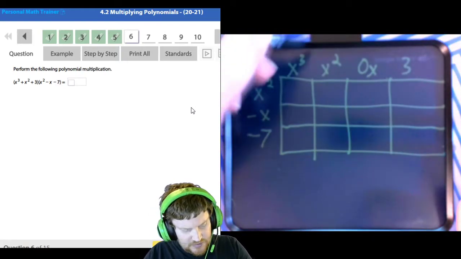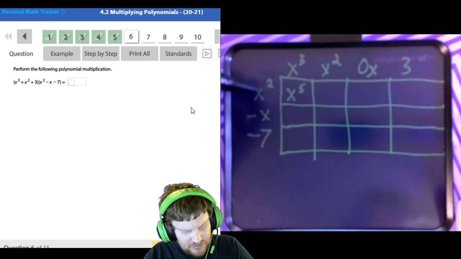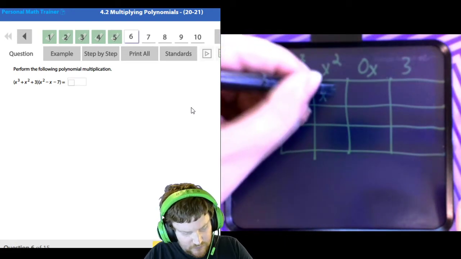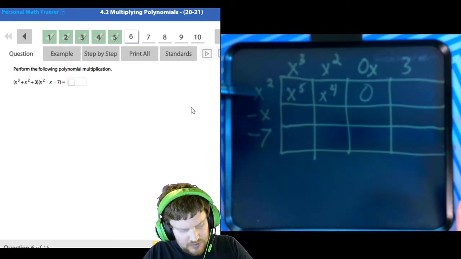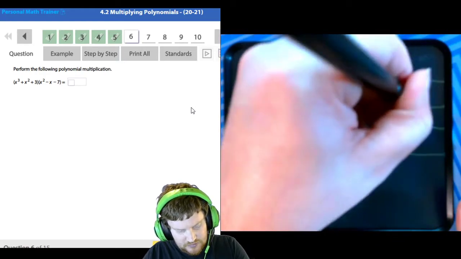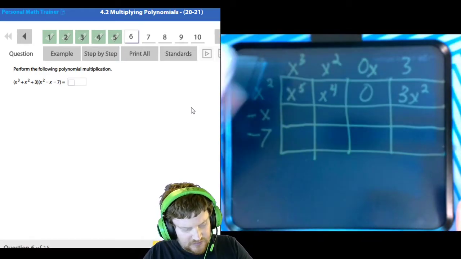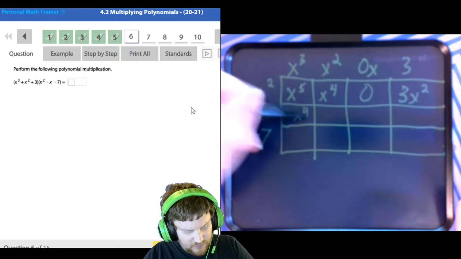Okay, x squared and x cubed is x to the 5th, x squared and x squared is x to the 4th, 0, x squared and 3, 3x squared, negative x times x is negative x to the 4th, negative x